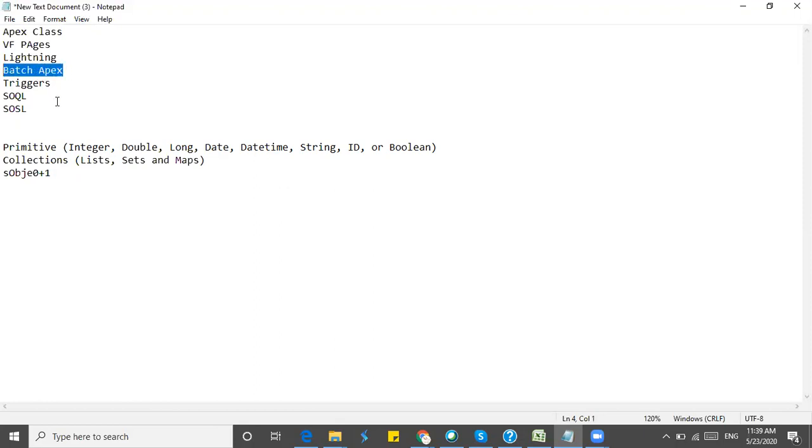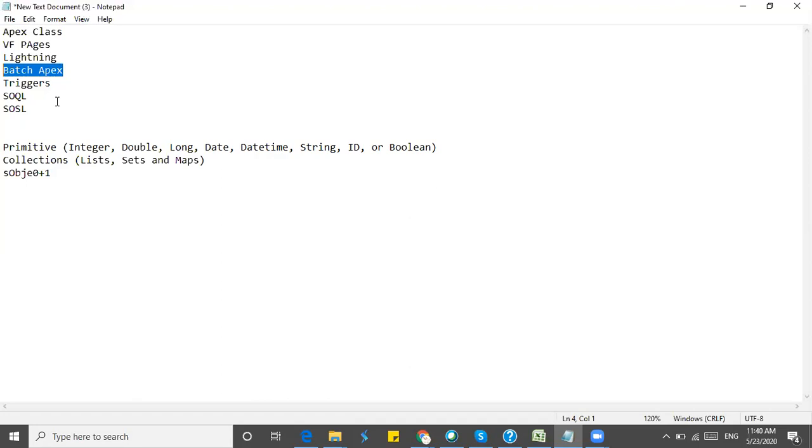So batch Apex is an asynchronous call where, if there are 10 lakh records to be updated with some data, or some field needs to be updated with a specific value, in such a situation we'll be going with batch Apex. We have some syntax for that.